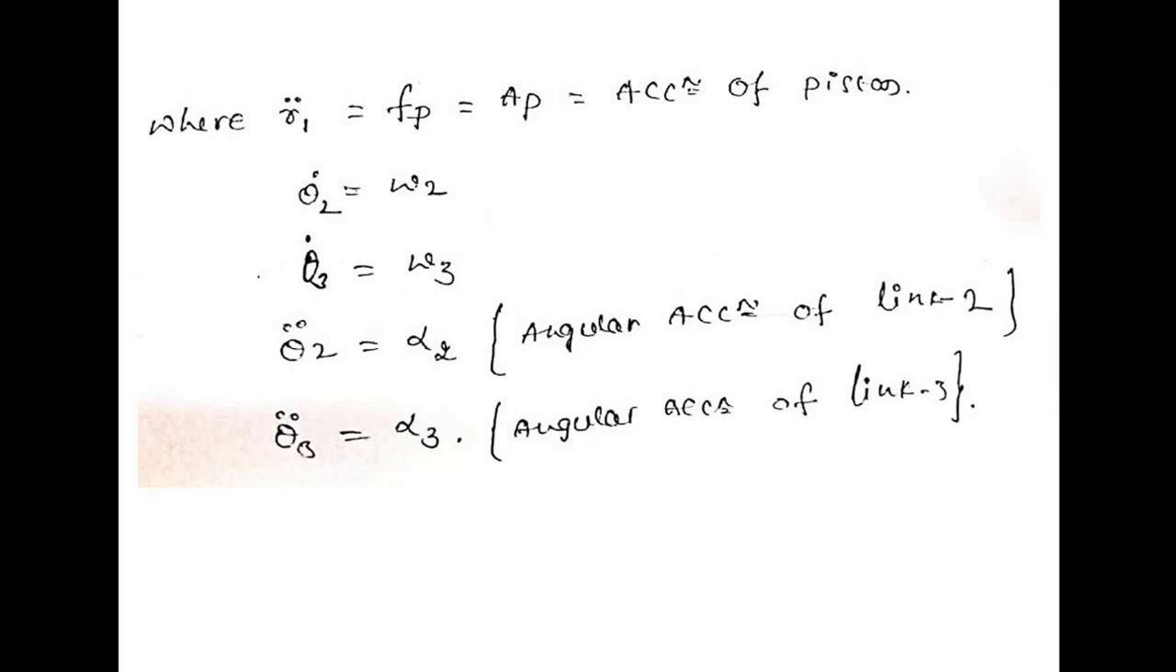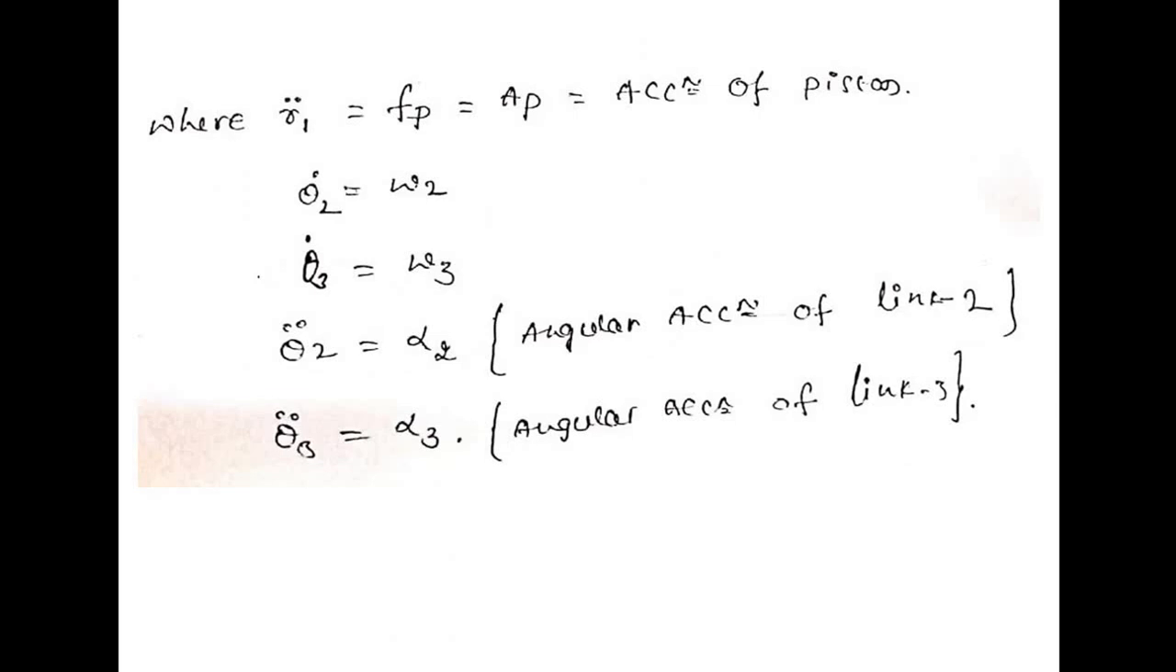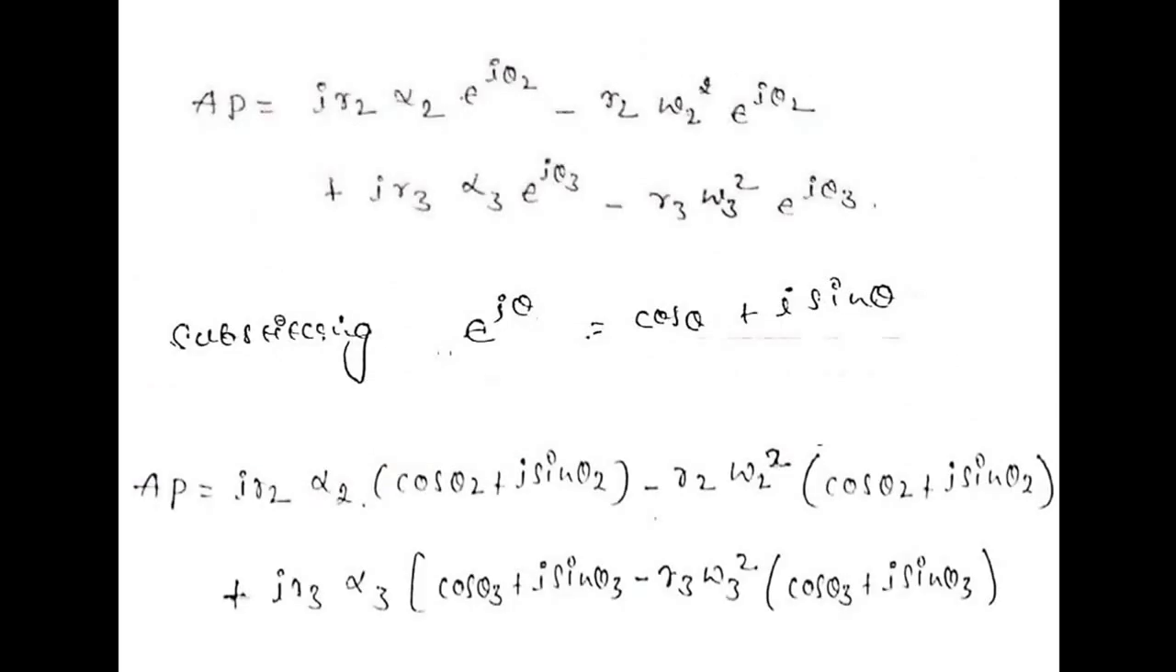So here if you double differentiate, that is theta 2 double dot, the double differentiation of the angular position, we get the angular acceleration of link 2, that is the crank, and theta 3 double dot is alpha 3, the double differentiation of angular position, so that will give you the angular acceleration of link 3. So we will replace in the previous equation all these values, so we will get AP, the acceleration of